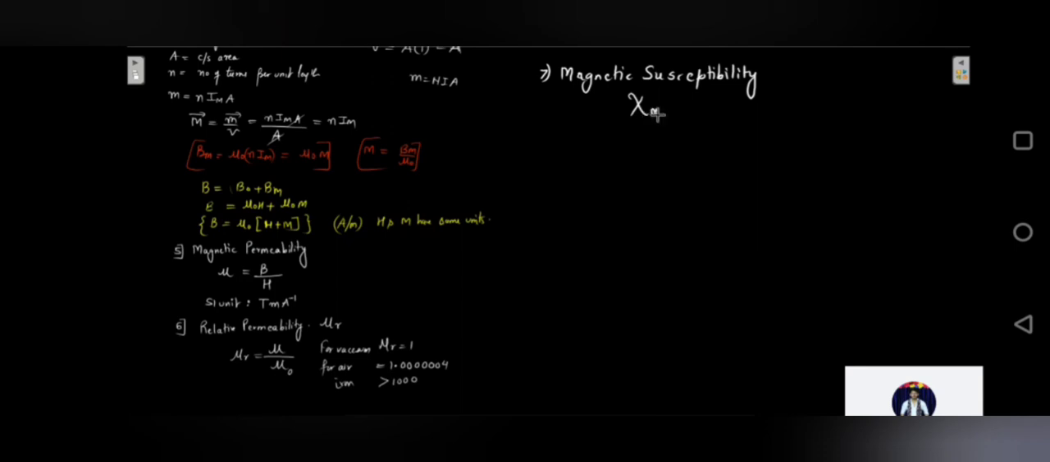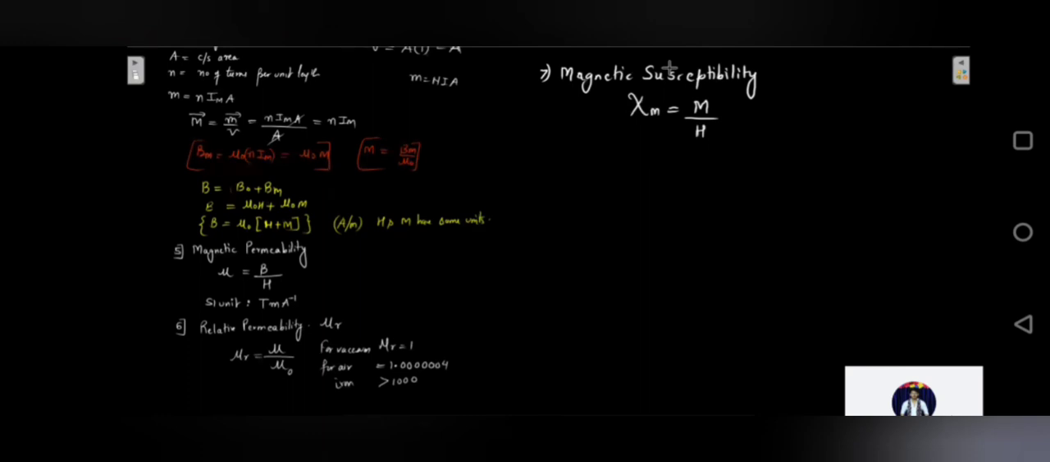Magnetic susceptibility, M, is given by the ratio of intensity of magnetization, that is M, divided by the magnetizing field intensity, H. Relative permeability, magnetic permeability, was the magnetic induction upon magnetic field intensity, and magnetic susceptibility is the intensity of magnetization, M, divided by magnetic field intensity, the ratio of intensity of magnetization to the magnetic field